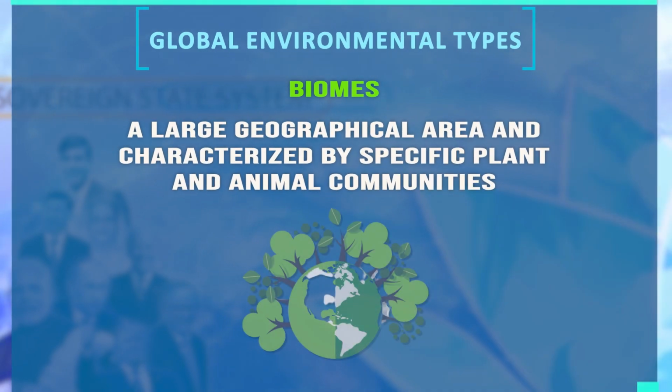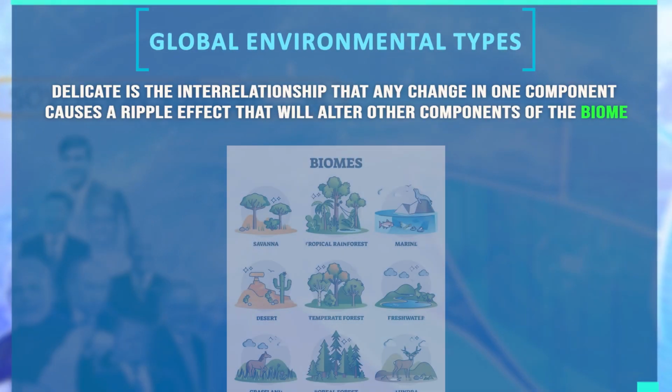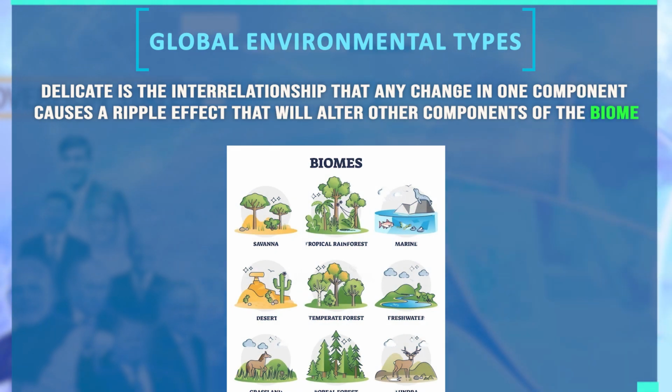Global environmental types. A global environmental type, usually referred to as a biome, is a large geographical area characterized by specific plant and animal communities. Biomes are usually named after their dominant vegetation type and are determined primarily by climate and geography of a region. So delicate is the interrelationship that any change in one component causes a ripple effect